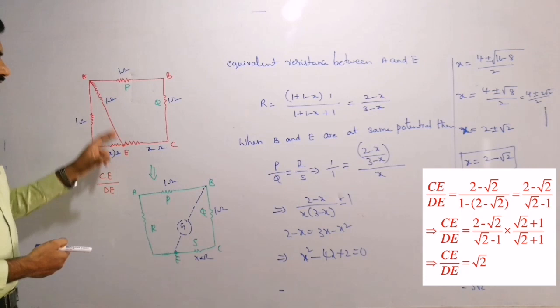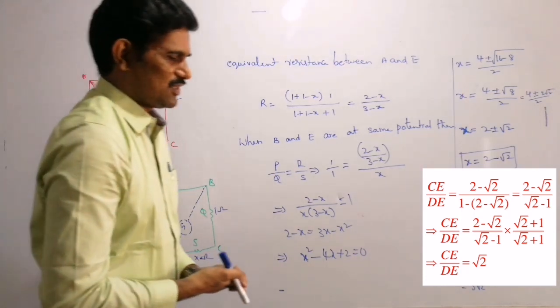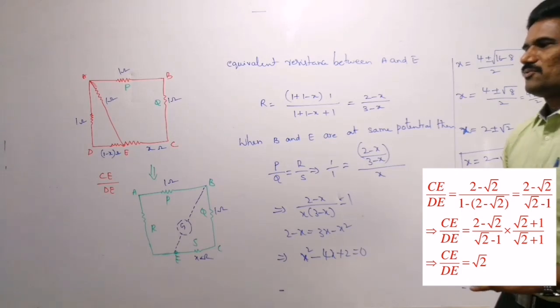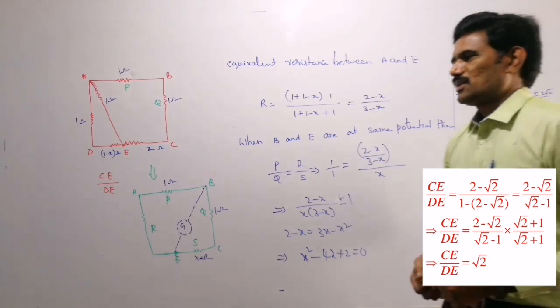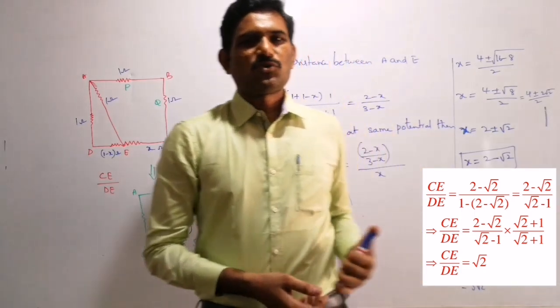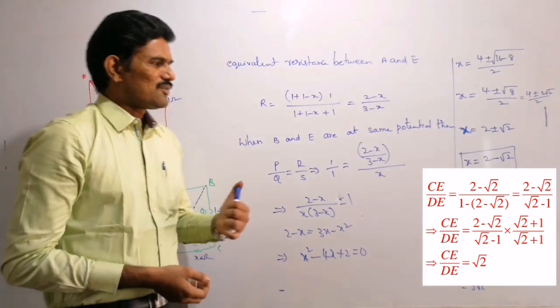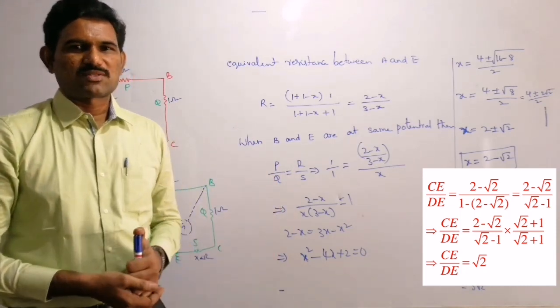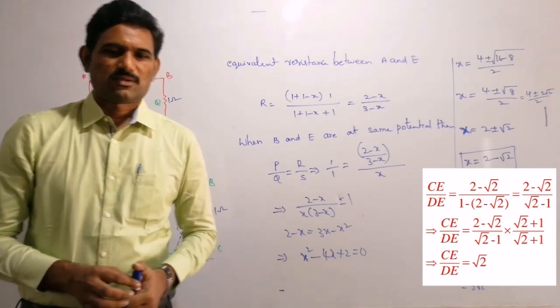So that is one of the problems based on this Wheatstone bridge, and this is also based on the balanced Wheatstone bridge. So in today's class we discussed the different forms of the Wheatstone bridge, and we solved some problems based on the Wheatstone bridge, and all those are balanced Wheatstone bridge. If the bridge is not balanced, then such problems we will discuss in our next class.